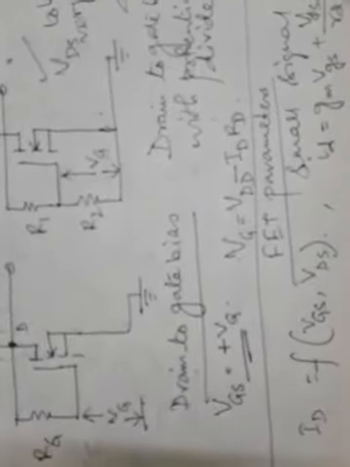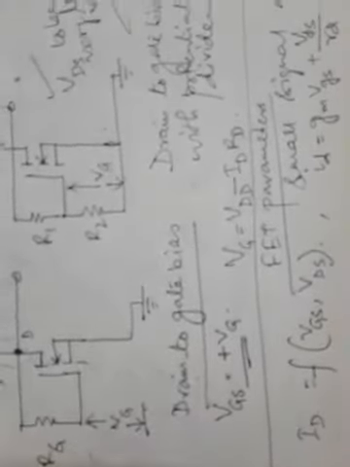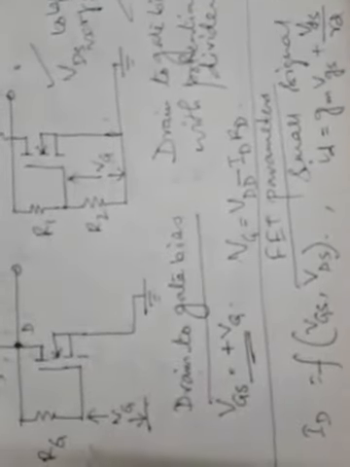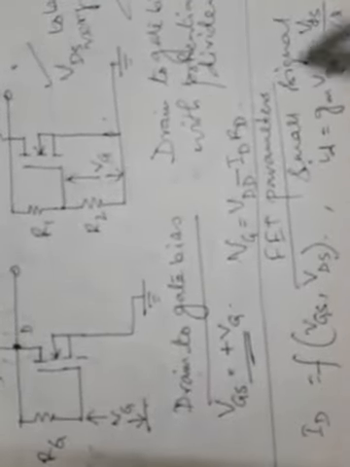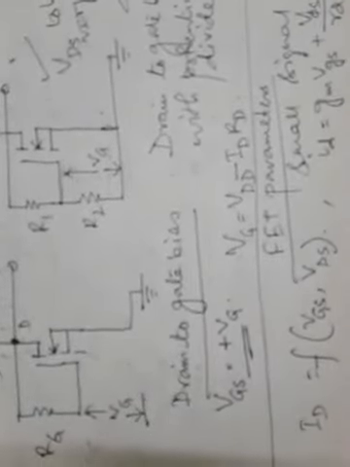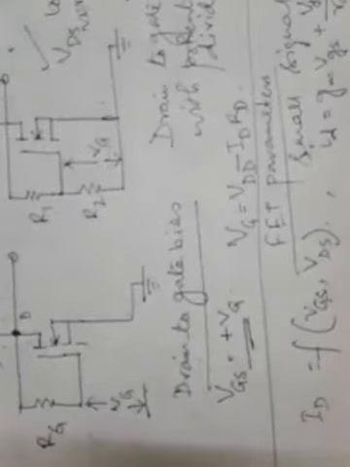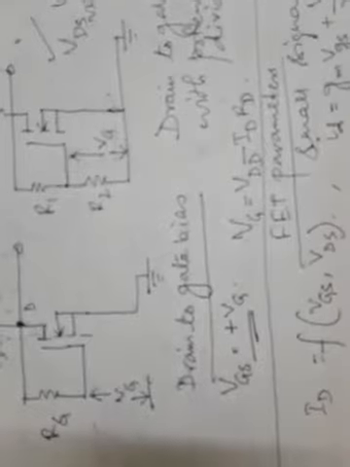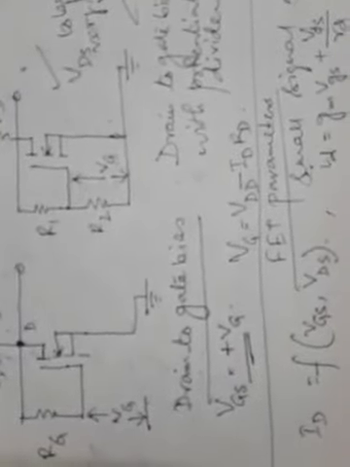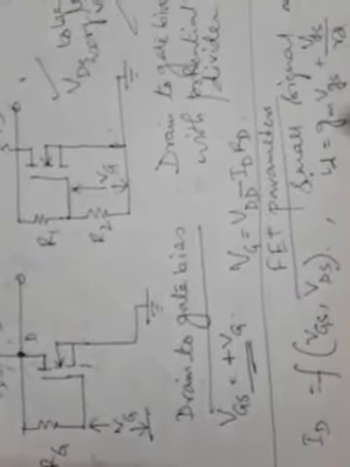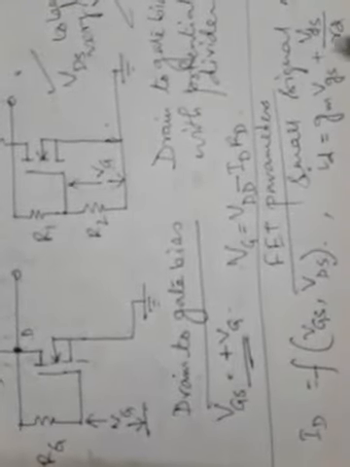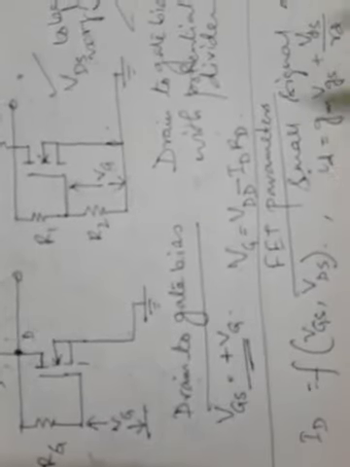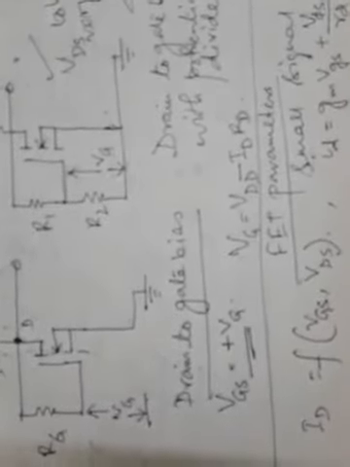Now this relation can be written for any field effect devices, FET devices. This relation holds true for small signal analysis. Because of small signal, as we have seen in case of BJTs also, the analysis can be confined to the linear region of the characteristics of the transistor amplifier. So for small signal analysis, this is out and out a linear equation, and this equation is valid for FET devices.